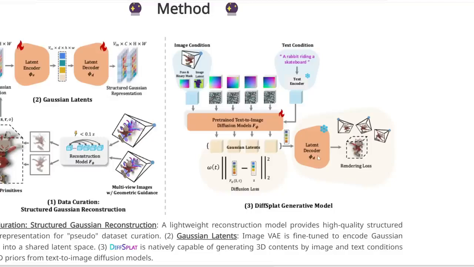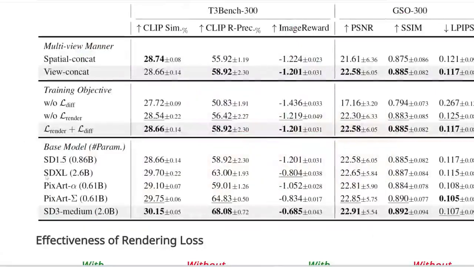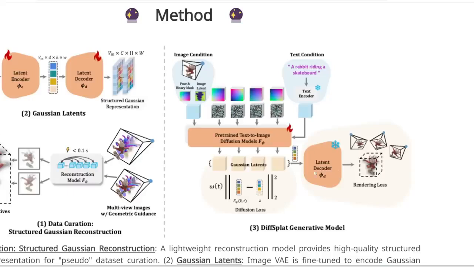So really quickly, here's how it works. It either takes in a text description or an image and then plugs it into this diffusion model. This is basically an image generator like Stable Diffusion and Flux, and the nice thing is you can plug different image generators into this. For example, you can use SDXL or PixArt or Stable Diffusion 3, just to name a few. And then it goes through this latent decoder to generate the 3D model. And this 3D rendering loss component basically provides more coherence across different views so that the 3D model remains consistent